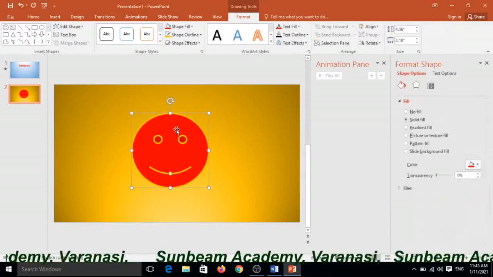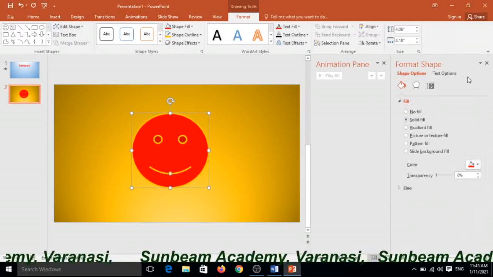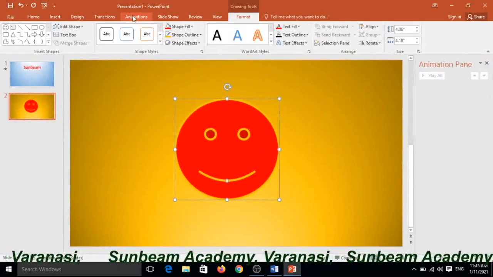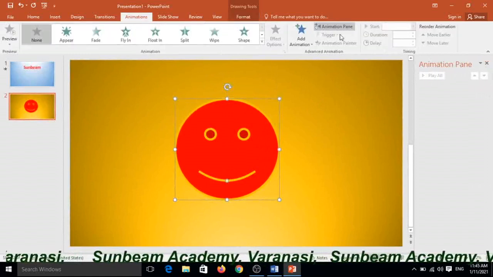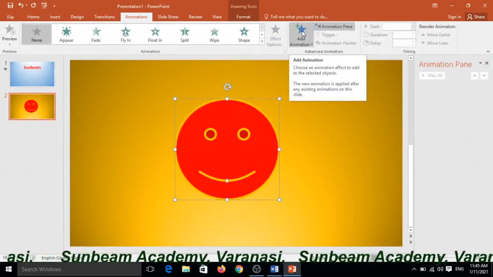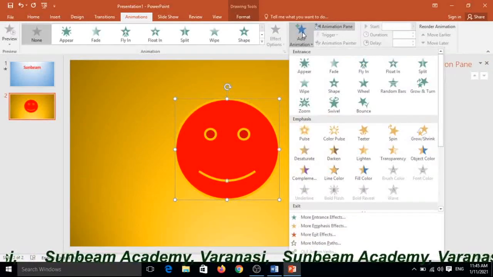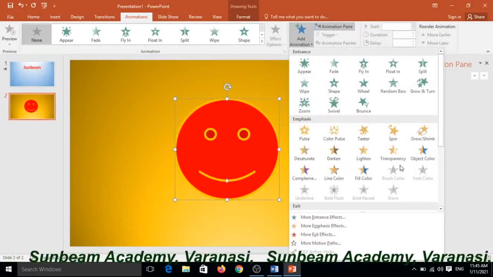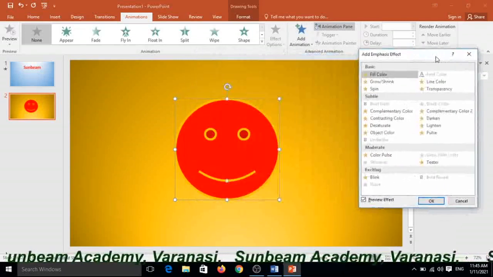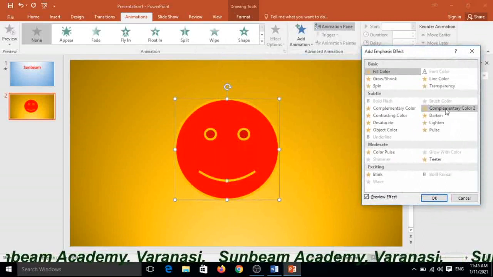First select your object to give the effect. Click on the Animation tab and click on add animation. Here is given once again more emphasis and complementary color.